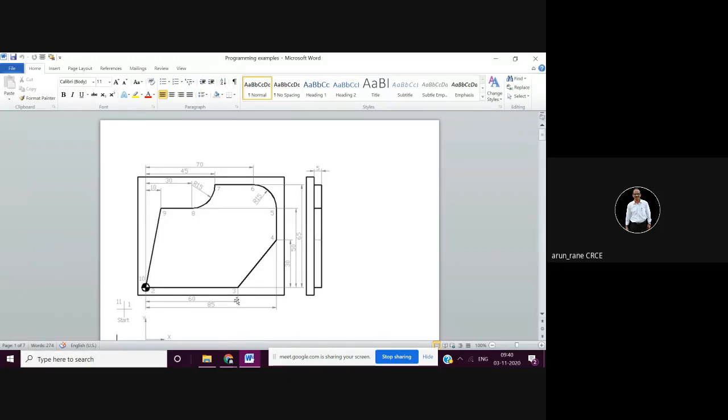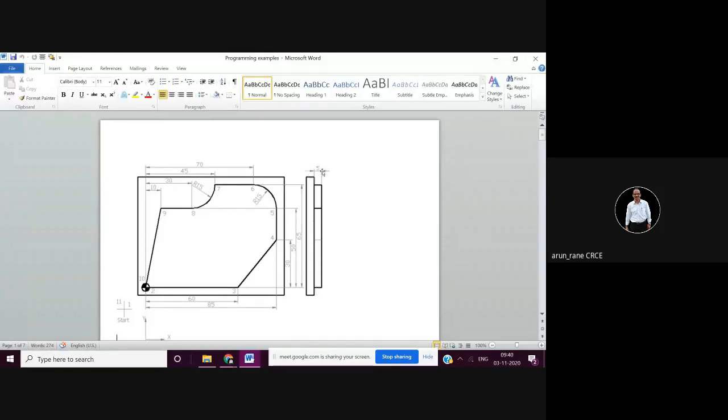Now, here, this is your program zero point. X0 and Y0 is here. X is in this direction, positive X, and this is your positive Y. Z0 is not shown.